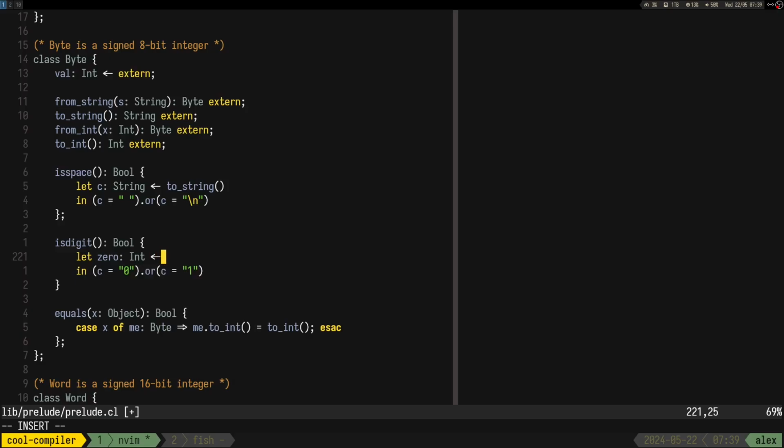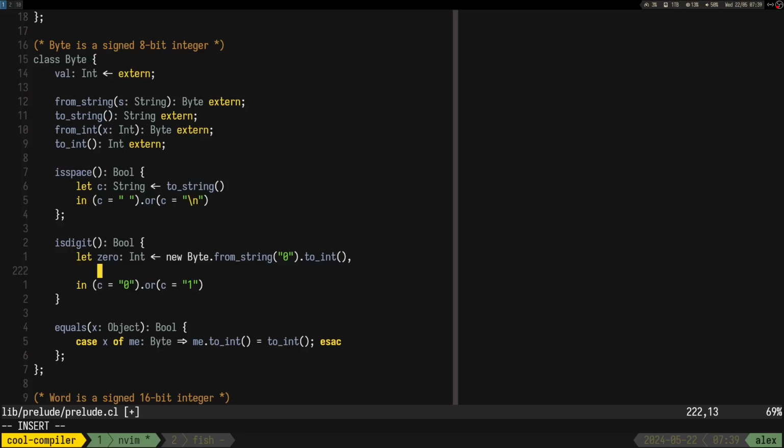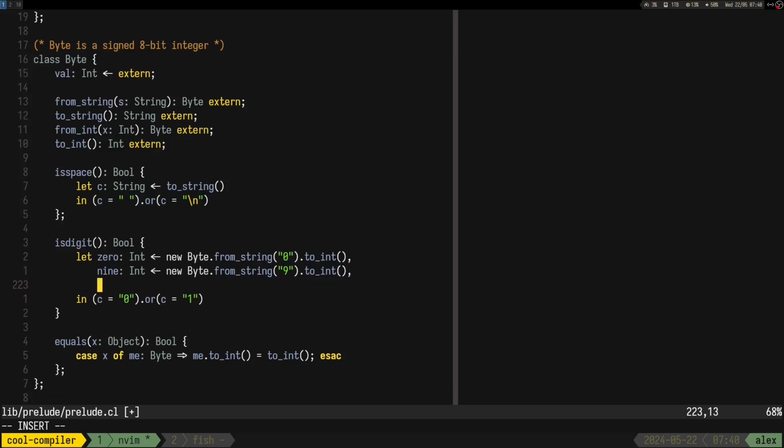So it should be new byte from string 0 to int and 9, new byte from string 9 to int, and then C is going to be an int, basically to int.